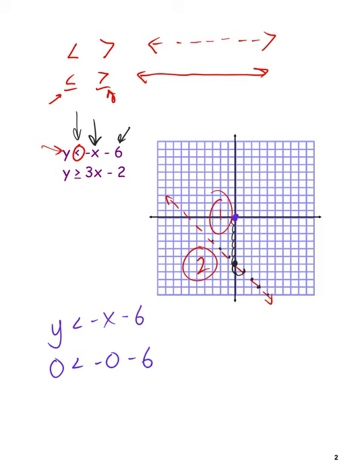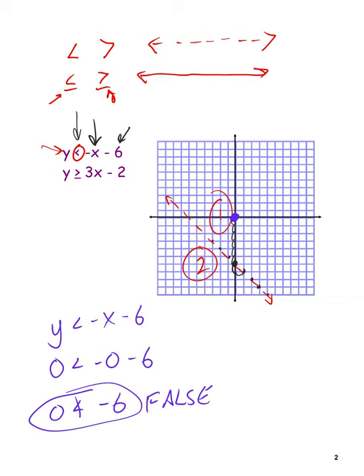Well, negative 0 is just 0. So the question is, is 0 less than 0 minus 6, which is negative 6? Since 0 is not less than negative 6, this is false, and that means that this dot right here at 0, 0 is not part of the area I'm going to